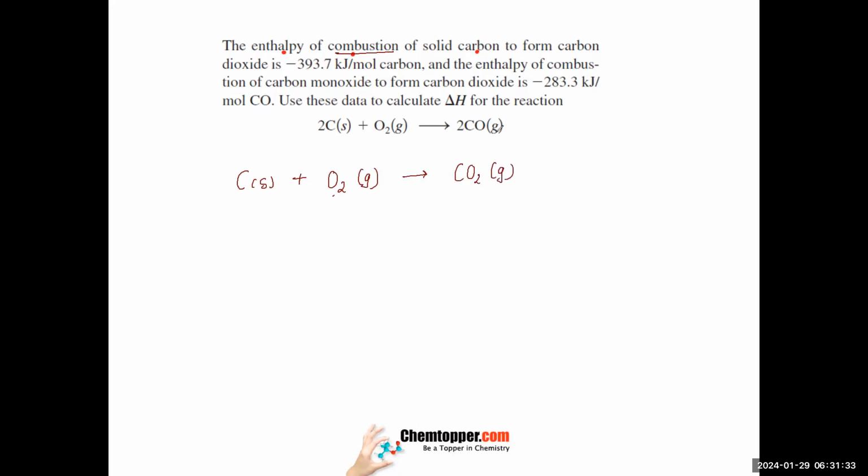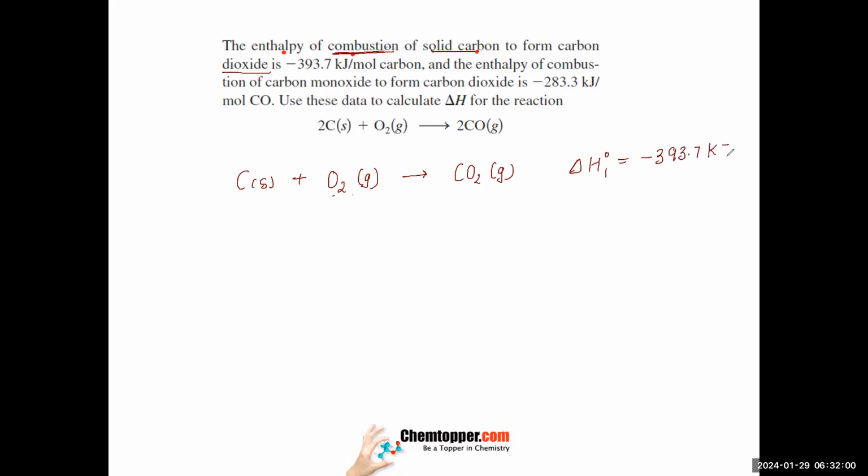This is how you have to make the equation by reading the question. Here, this line is telling you the equation: solid carbon forms CO2 on combustion. So they are not telling you about O2. That you should know. Delta H naught 1 is minus